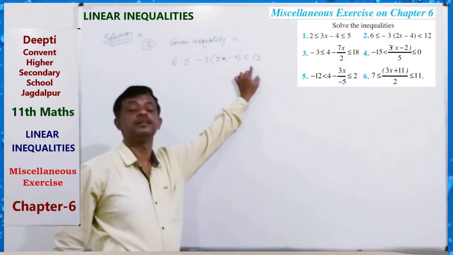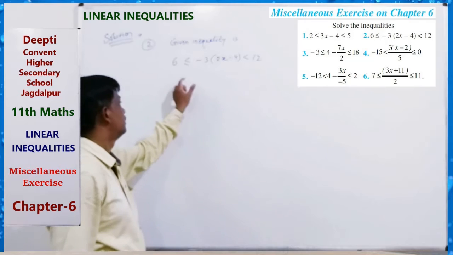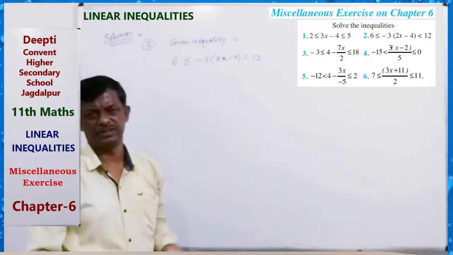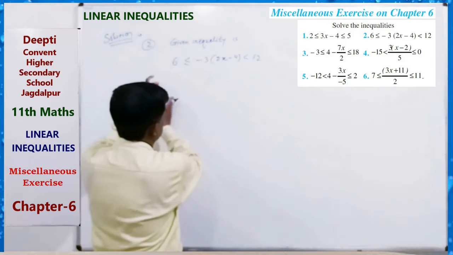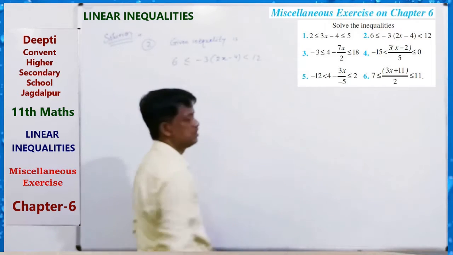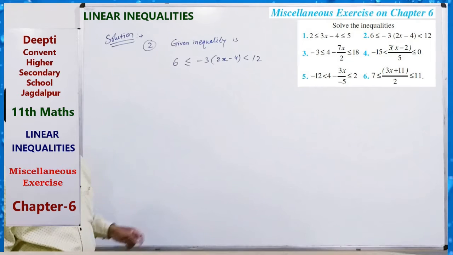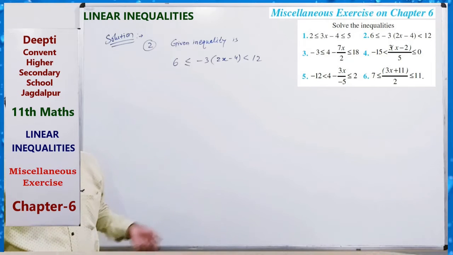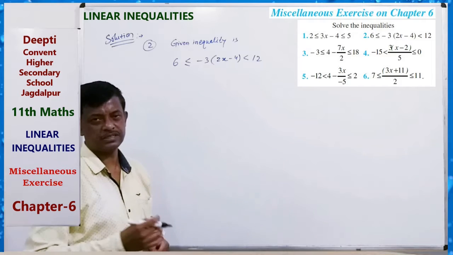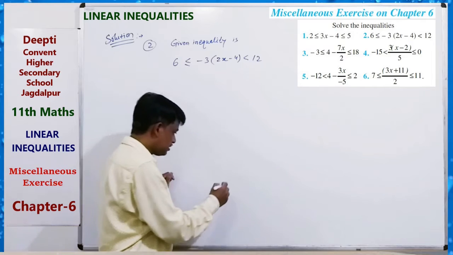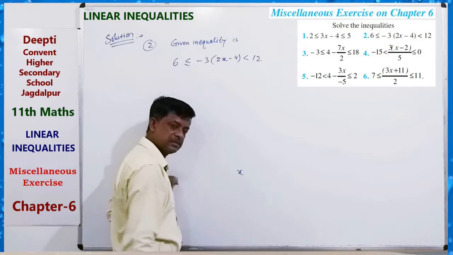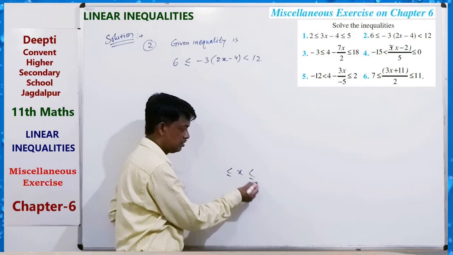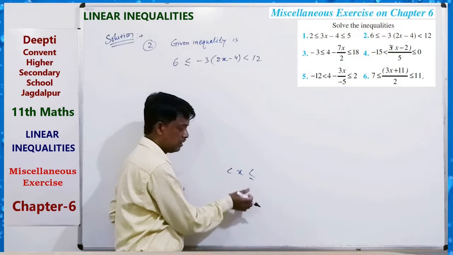mixing linear inequalities. Mixing means you can first take this part, or you can directly solve it by taking this part, also by taking this part you can solve it. So you can break it and then solve separately, or you can directly solve it. Our target is that x lies between limits like this or this. Okay, so